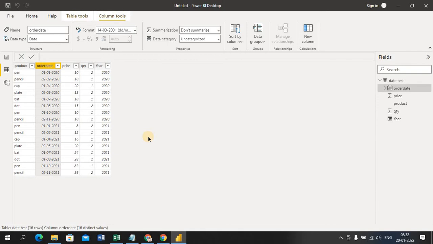And the main thing, in real time, you get data like this, but in some scenarios you want to know on which date my sales are nil. I have some dates here, so from these dates I can understand that on this order date I got some product, with price and quantity. But if you see here, there is no date like the 3rd. I have only Jan 2020 sales.